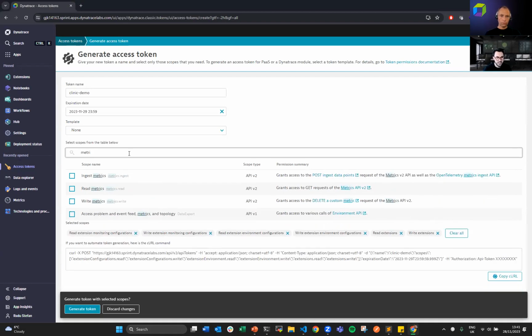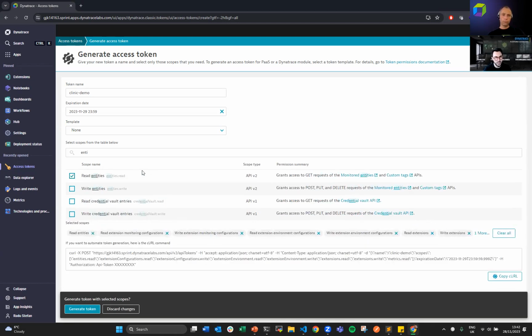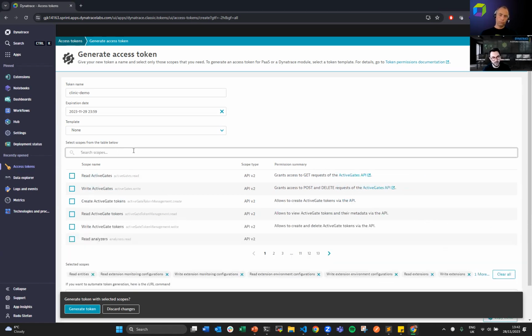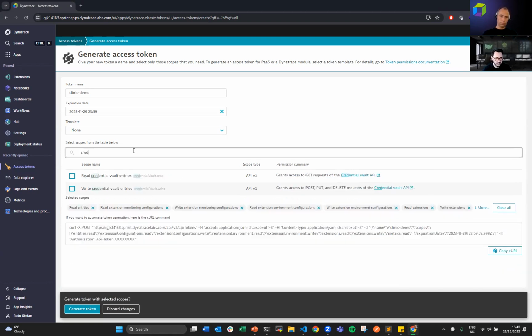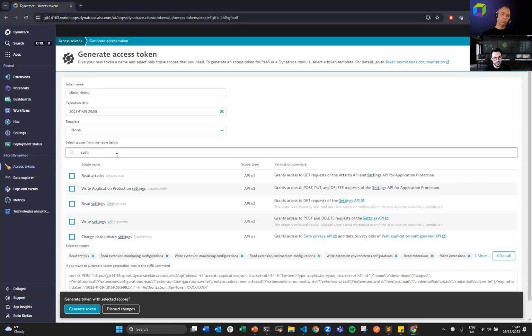Reading metrics and entities is going to be helpful because it allows you to validate any metric and entity selectors. So we'll need to be able to read those entities and make queries about them. The credential vault access will be needed because we'll allow you to manage your certificates through the editor. And then finally, a couple of our settings, especially around converting JMX extensions from the old format to the new